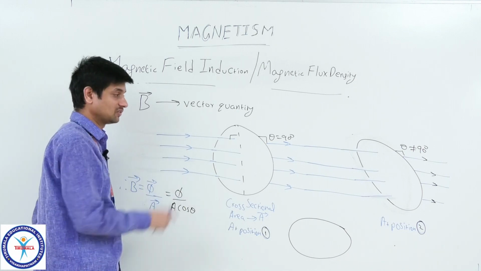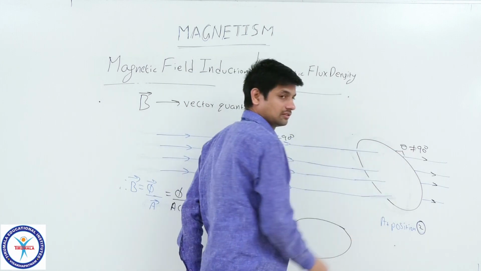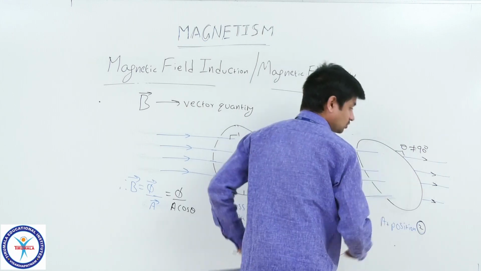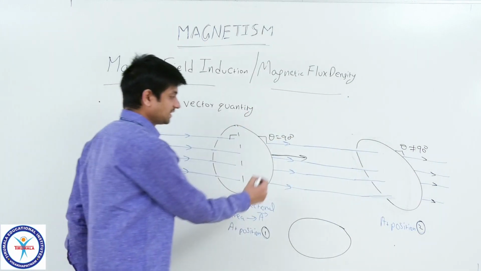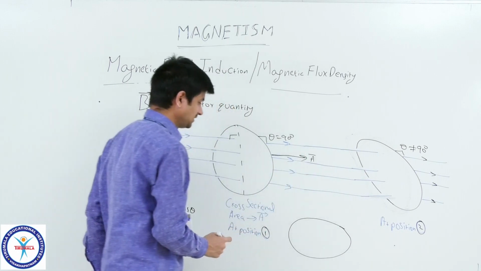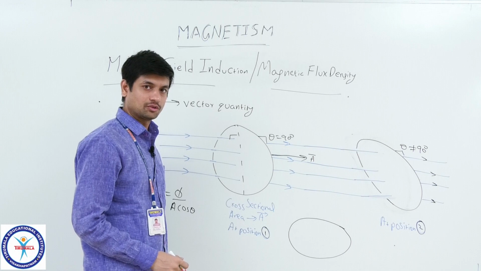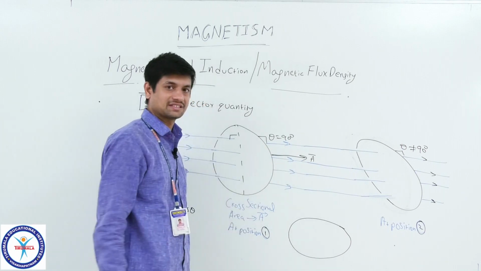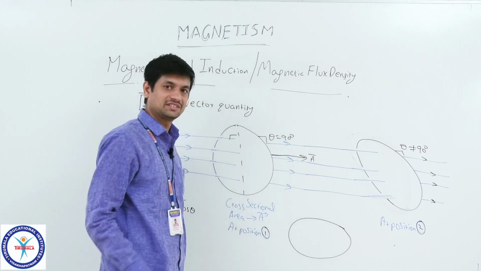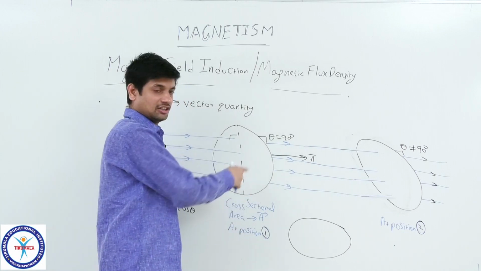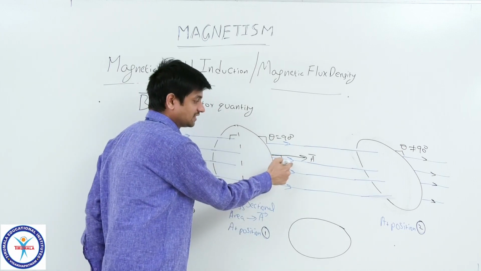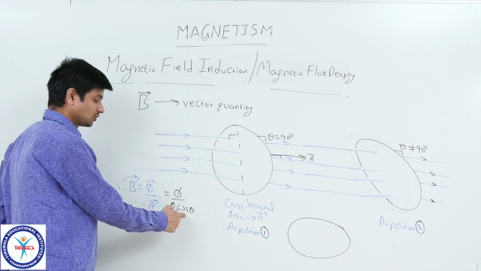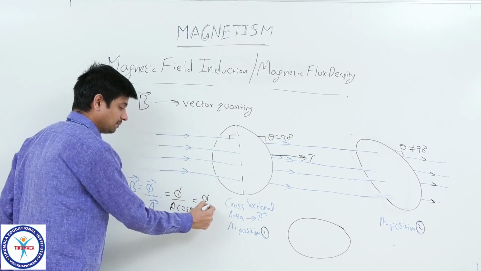So maximum effect. If I keep some angle, look at this. This normal is making some angle. So which one should I take now? This is the normal vector of that area. That means this area has some magnitude. Look at me, 4 is the magnitude. The 4 can be represented as the length of this vector. It's an imaginary normal vector for this area. The angle between this magnetic flux line and that area vector is 0. So if you substitute cos 0, you will get the answer phi by A.